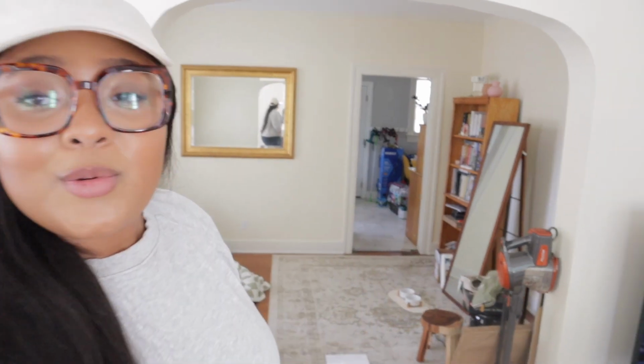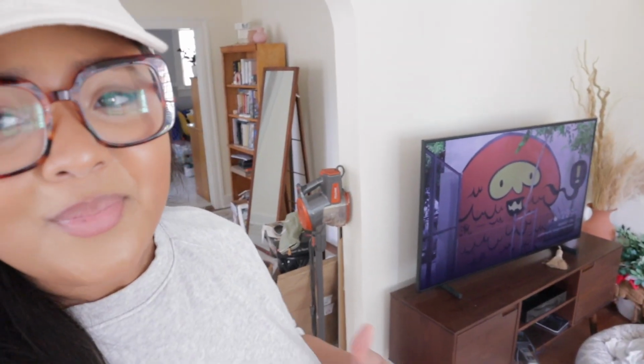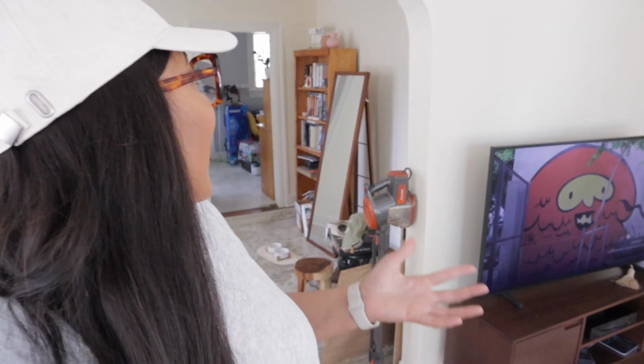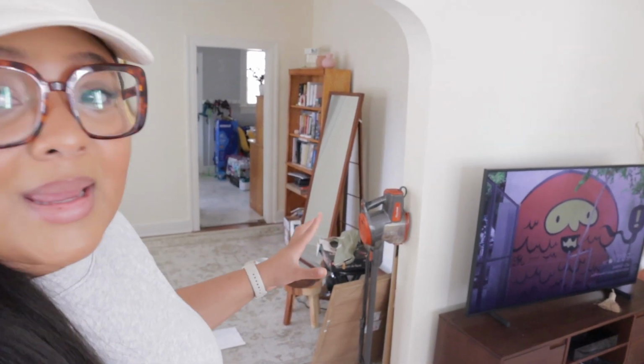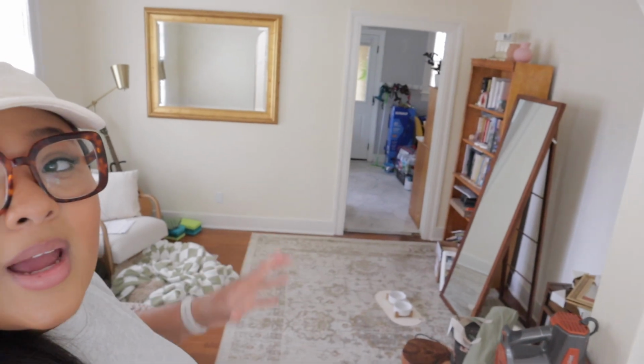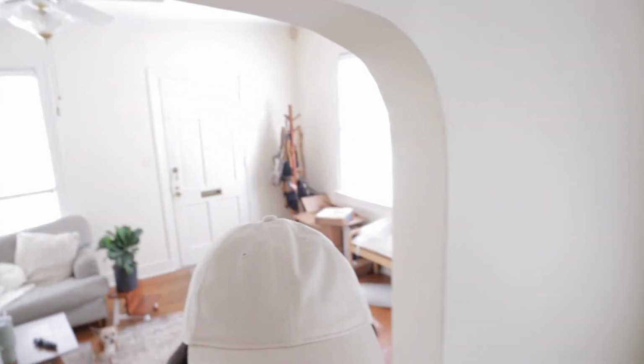So we do have a Frame TV. It's just sitting on this wall, and then the couch is turned over here, and it has to be at an angle because it's so close, and we don't really like that, but that's where it is right now. We had the idea of putting it on that wall in the sitting room, but let me show you. You see how it's the same distance of space. And honestly, when we first moved in,